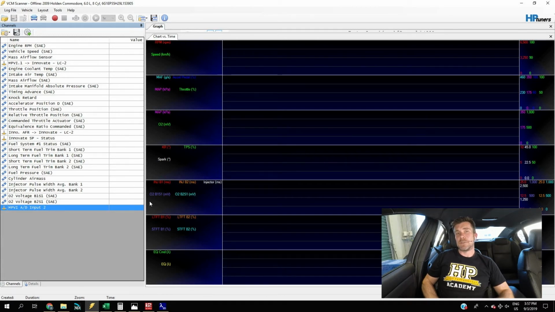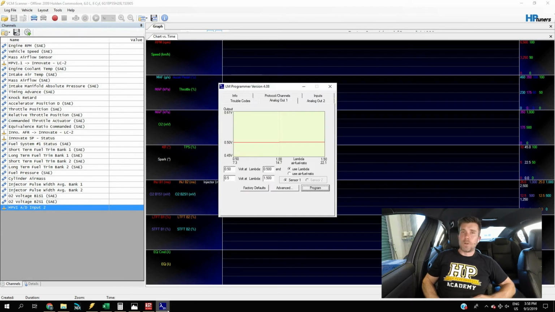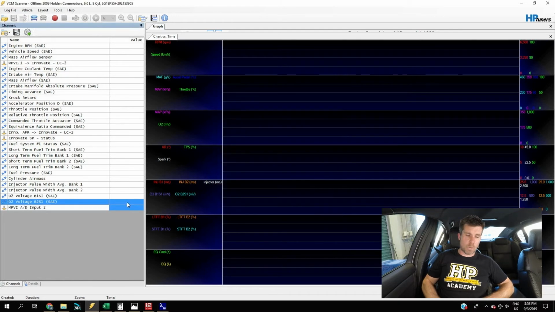What we want to do is take into account what that voltage is, and I'll show you how we're going to use that next. Once we know what our low voltage point is, we're going to do exactly the same, but this time set our 2 voltage points to 4.5. We're going to program our LM2 again and repeat that same process. Remember, we need to power it down and power it back up for that change to become effective. We're going to look at what our actual voltage reading is with that 4.5 volts output, and take note of that. Once we've got that, we know what our voltage offset is. In the ideal world, we'd like to think that they'll be exactly the same at the low voltage point and the high voltage point. Often they aren't quite the same.